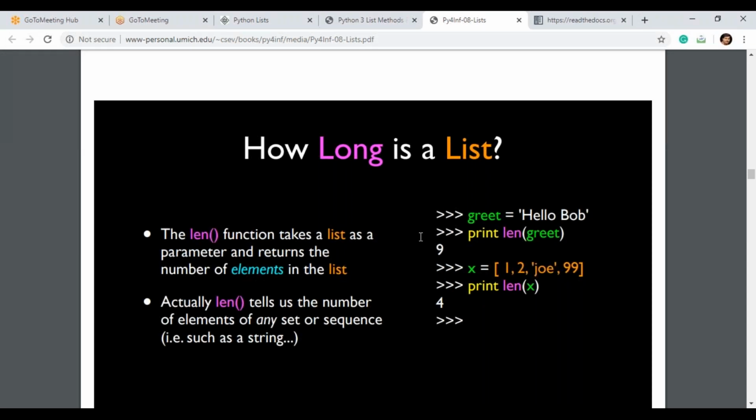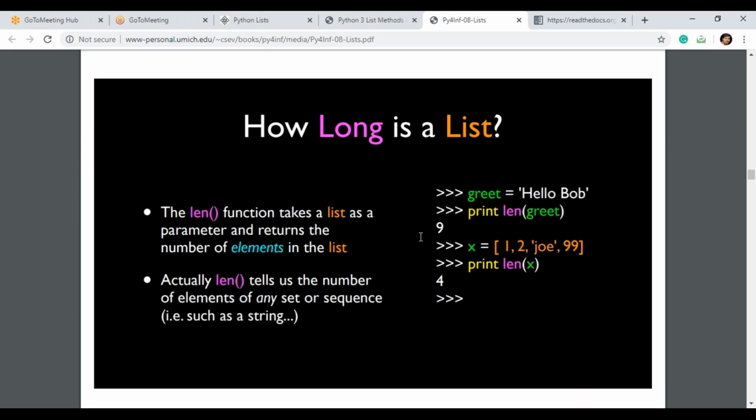How many elements are there? 1, 2, 3, 4. The length of the given list is 4 only. Actually, length tells us the number of elements of any set or sequence, such as a string. This is called the length of the given string. len is the function.